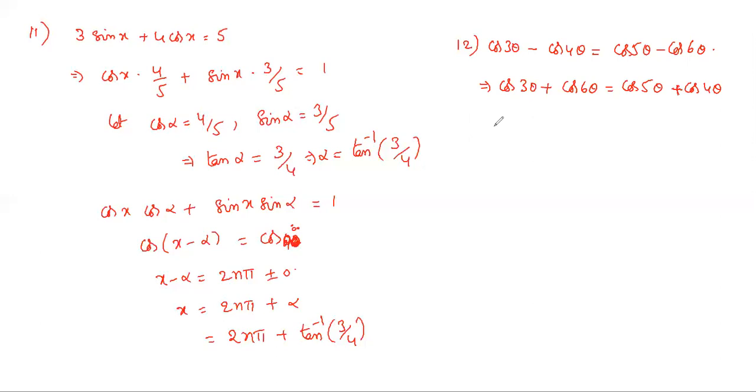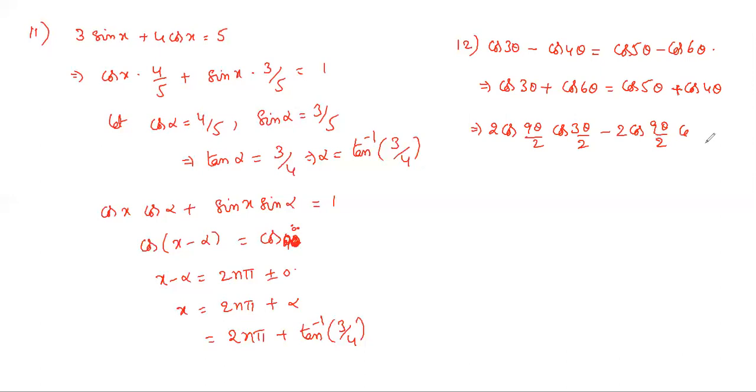Cos C plus cos D is 2 cos (C plus D) by 2, 9 theta by 2, cos (C minus D) by 2, 3 theta by 2. And similarly 2 cos 9 theta by 2